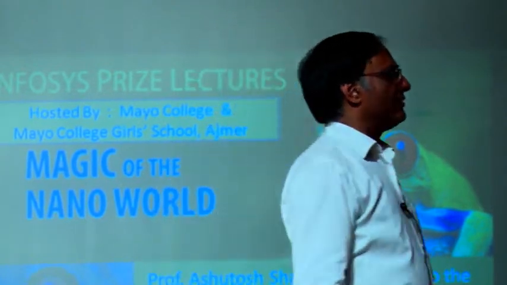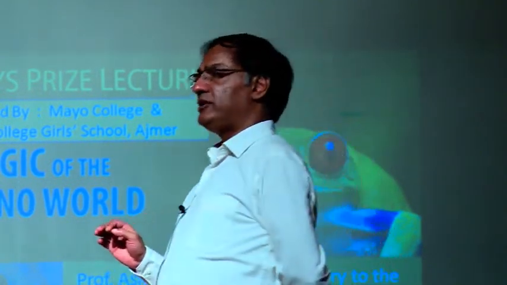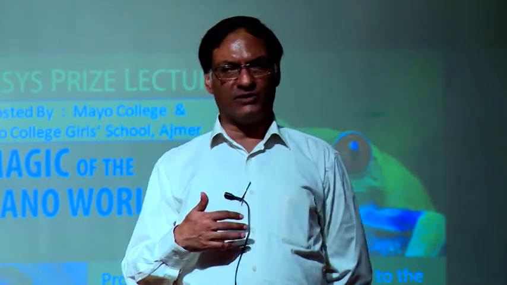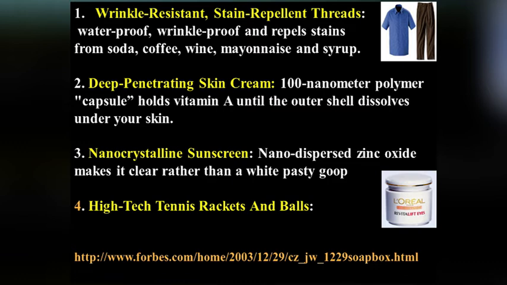So let us look at 4 common examples. Actually, we can have a list of thousands of these examples. Now the example, the wrinkle resistant stain repellent threads or fabric. Actually, it comes because we are able to fuse a polyester fiber with a cotton fiber. Because you want it to be stain repellent, at the same time also want it breathable. Now you don't want to hang around with plastic. So sweat does not go out, air is going. So it's actually a combination of nanofibers of plastic with cotton. And so that makes it water repellent, at the same time breathable and wrinkle free.